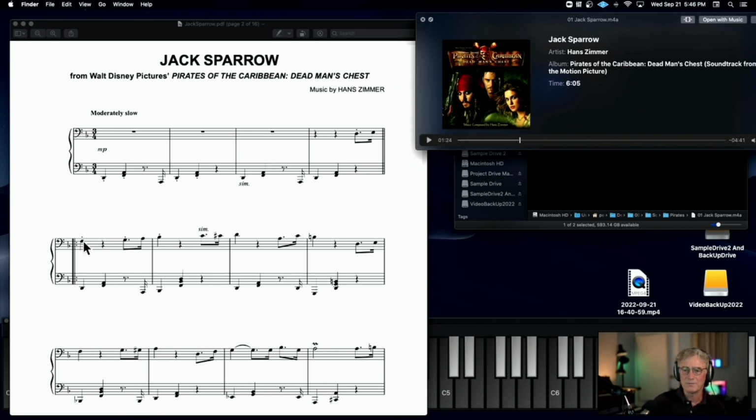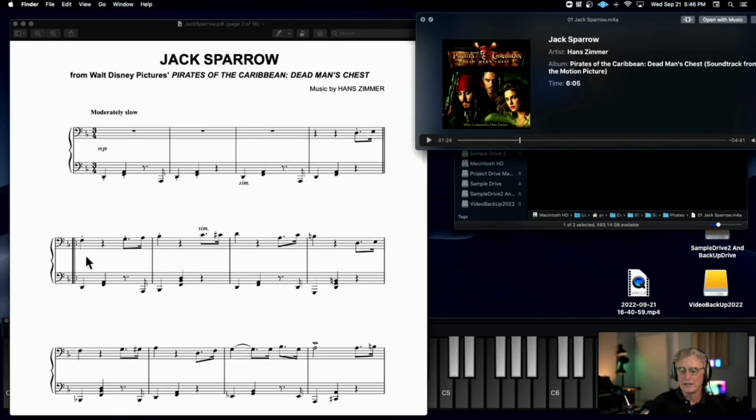So if we look at just what's on the downbeat of each measure, right here we've got an F, then a B flat, then a D, then a B, then an F, a G, and an A. So those are the notes that are on the downbeat. But what he does is,